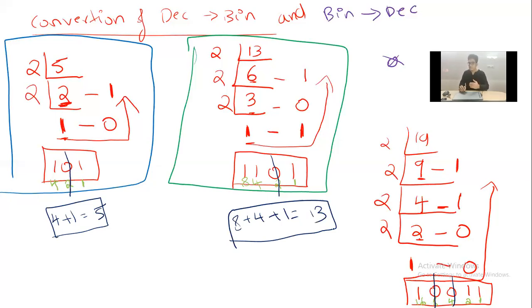Okay, next let's see here. That is 16 plus 2 plus 1. What is 16 plus 2? 18. 18 plus 1? 19, right? So 19 was the decimal value of this binary value. I hope that everyone has understood the simple procedure, right? Please take this screenshot. I hope you have taken this screenshot.